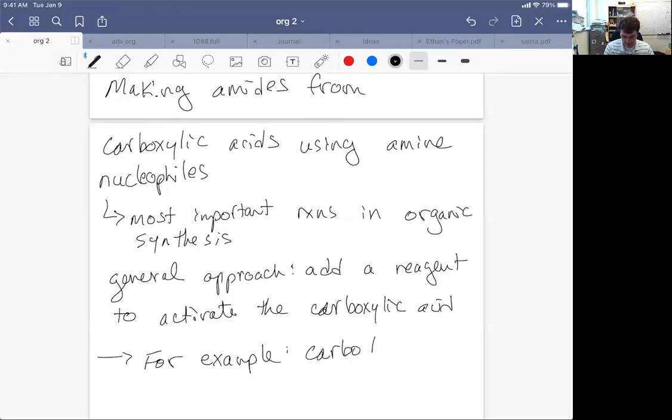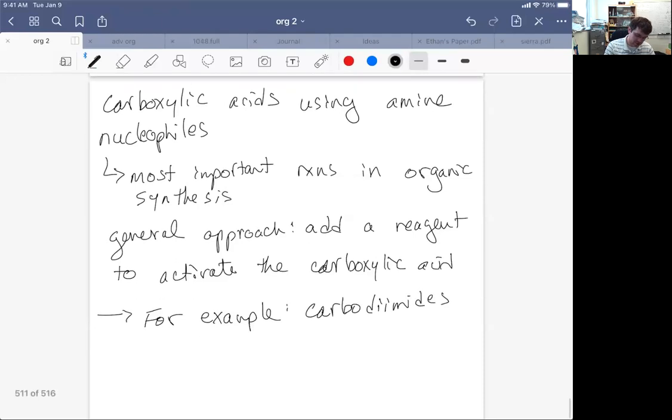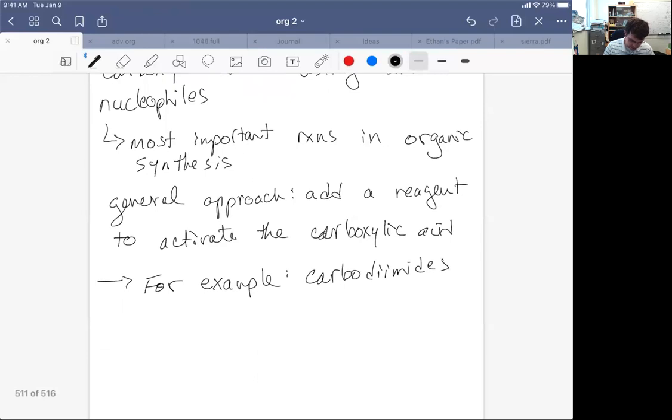carbodiimides instead. Okay, so the way carbodiimides work is you take a carboxylic acid and you react it with a really weird molecule that's got an sp hybridized carbon atom attached to 2 nitrogens. Now, this is a super important reaction. So the R groups, the R prime groups, I guess, on the carbodiimide